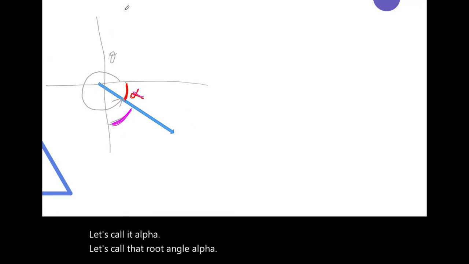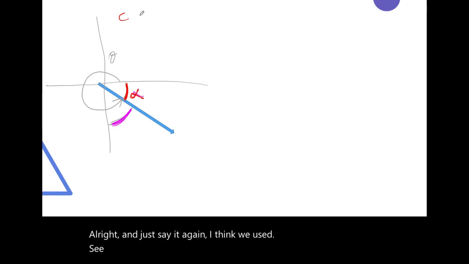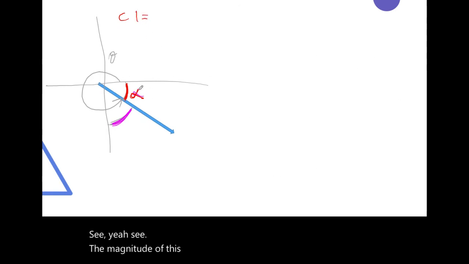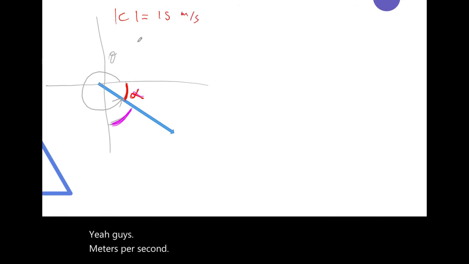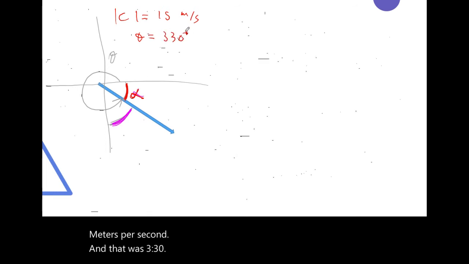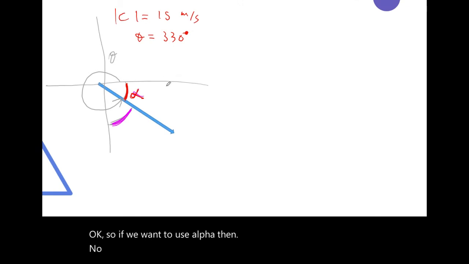And just to say it again, we used C, the magnitude of this vector, which is 15 meters per second. And theta was 330. Okay, so if we want to use alpha, which somebody somewhere probably would have thought to do,